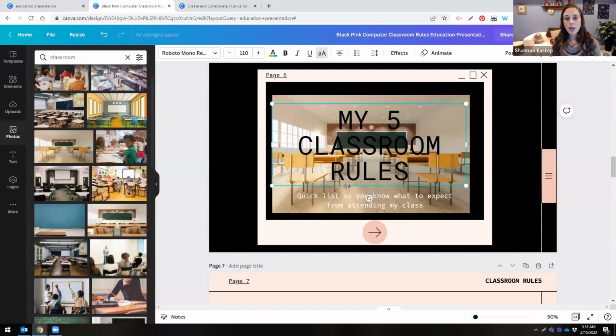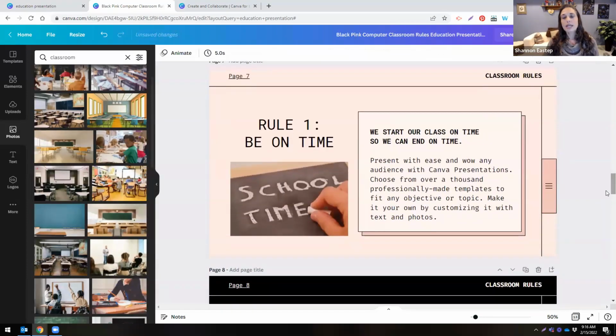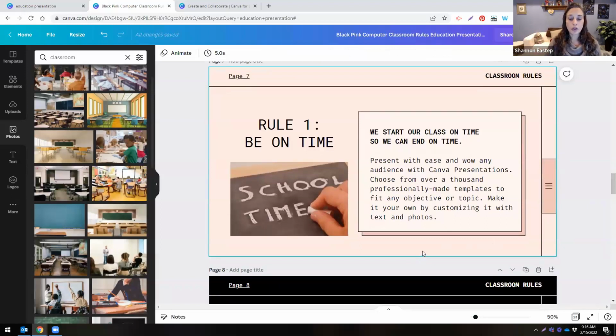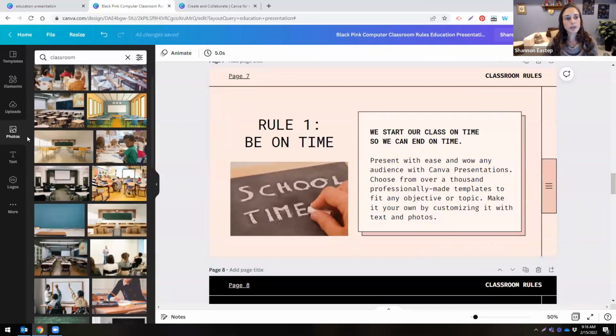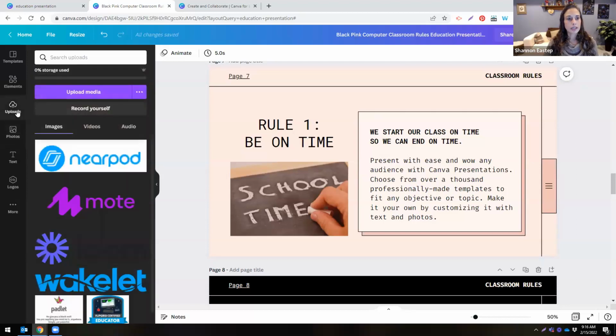Now, let's say you have an image that you want to add in. I'm going to move down to the next slide here. Let's say you have an image on your own that you want to bring in. So that's where you use this uploads button over here on the left. Upload your media, anything that you want to add in here, and it'll show up in your images, your library. Now on some slides, we could have brought it in and added it anywhere we wanted, just like we did the slide prior. But sometimes the